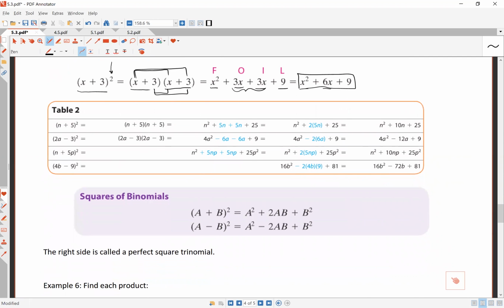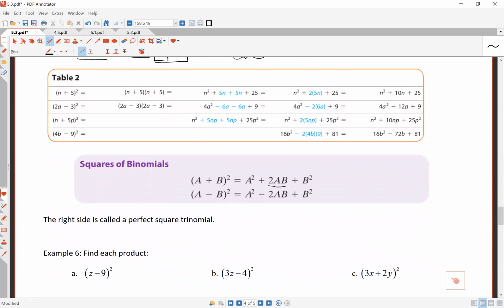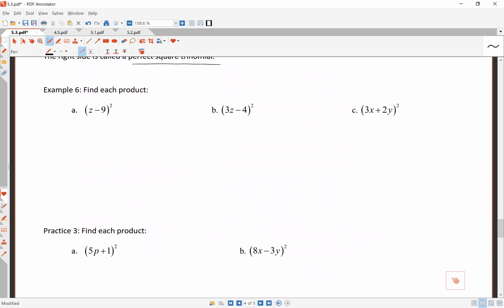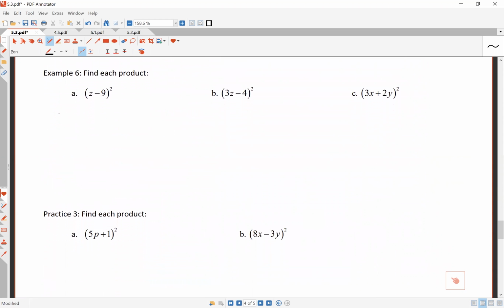This is the shape that the square of binomials take on, or the form, as we like to say. 2 of those AB's in the middle. We say that this is the square of a binomial, and this is a perfect square trinomial on the right. When performing the square of a binomial, rewrite your binomial 2 times